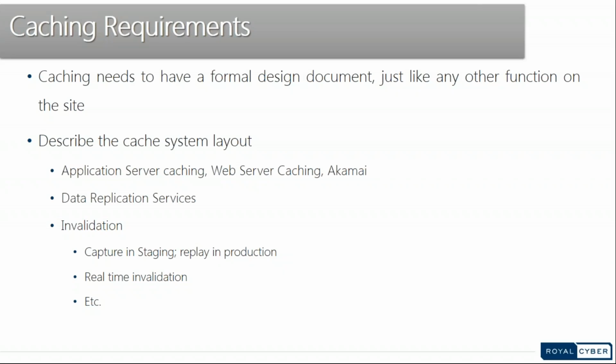Data replication services: for example, if you have a production environment, which almost every customer has in a clustered form, horizontally clustered or vertically clustered, then how is the data being replicated from one server to another server, and how is the data being invalidated? For example,